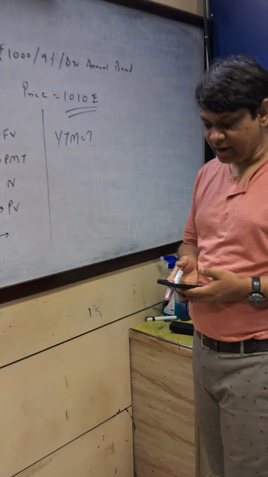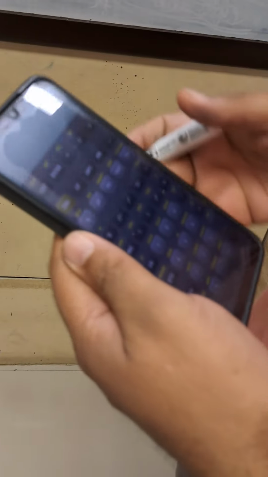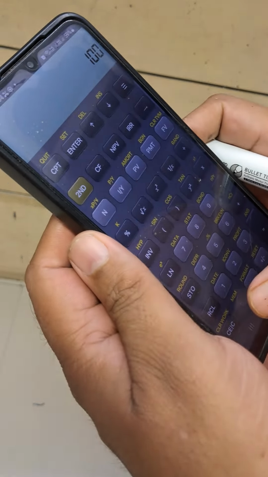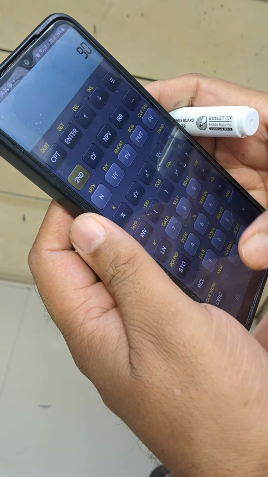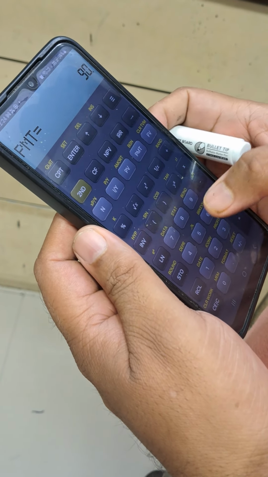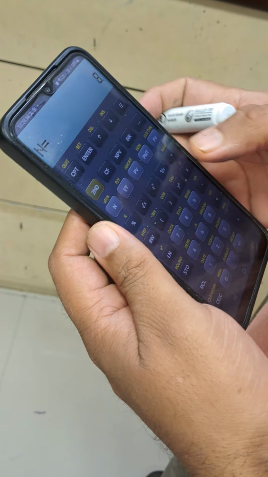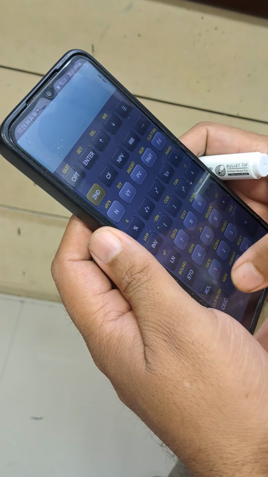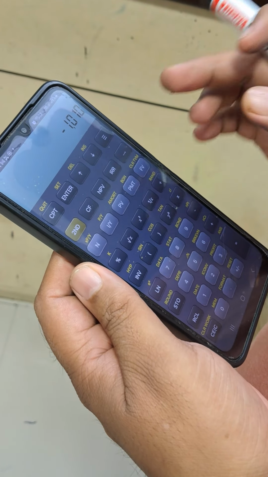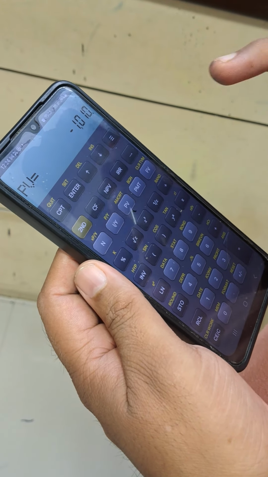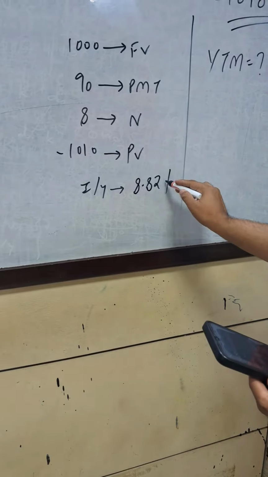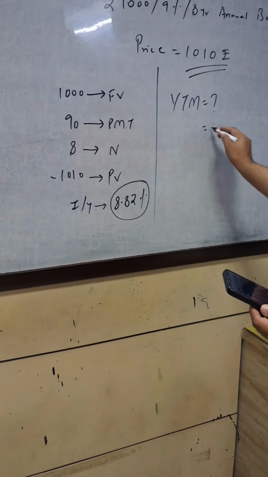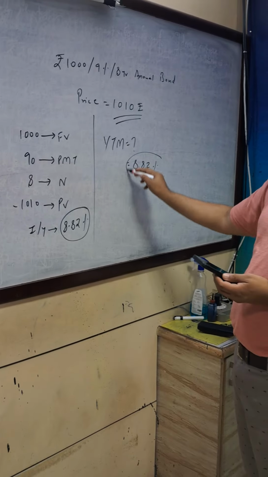So let us see on a calculator. Let us say 1000. So 1000 is your FV, 90 is your PMT, 8 is N, 1010 negative. This is your PV. Then you compute IY. So it comes out to be 8.82%, which looks to be correct because currently you can